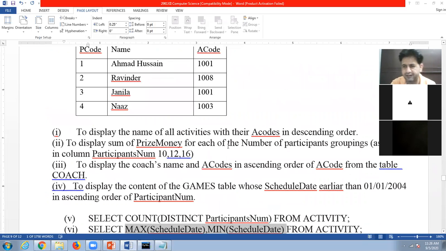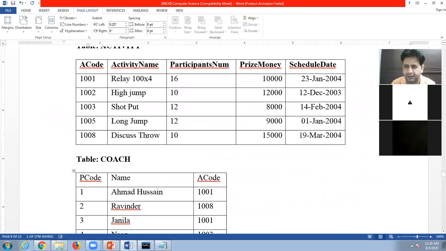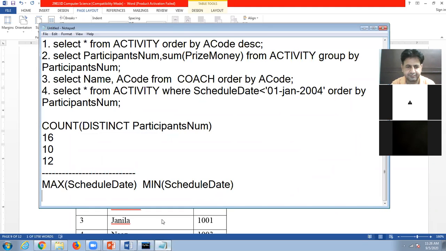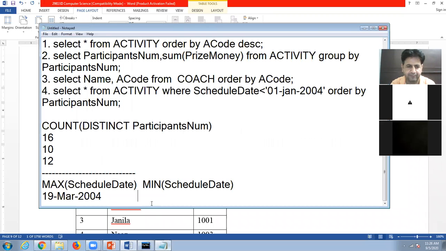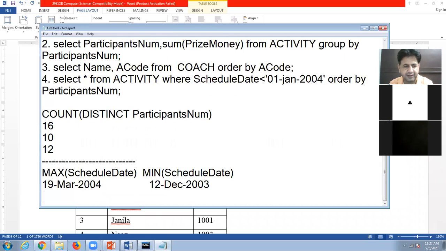So latest here is 19 March. That is the maximum. And then minimum. Minimum is least. Here is 2003. 12th December 2003. Like this. Next query.